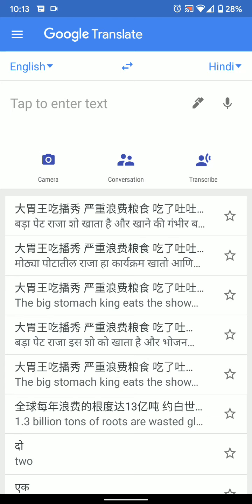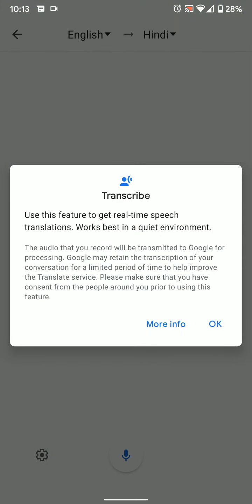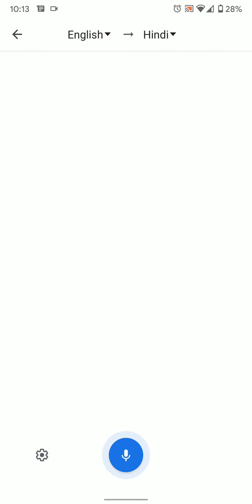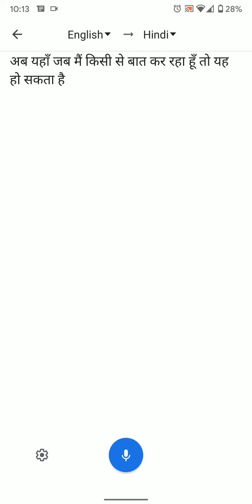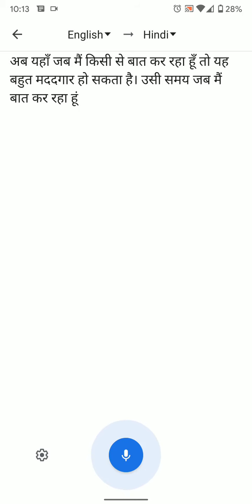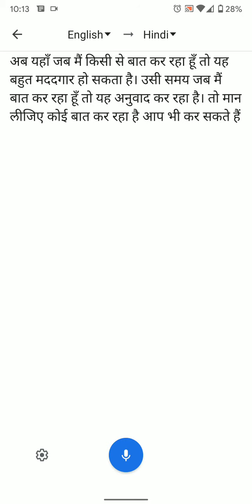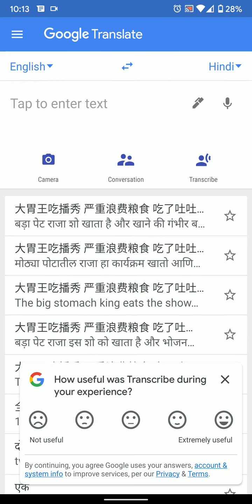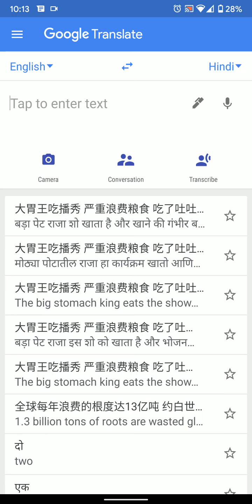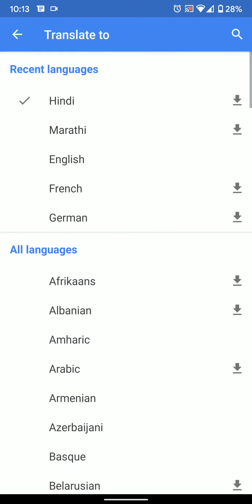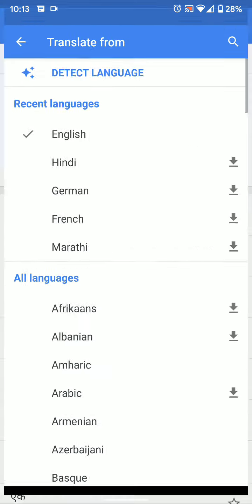Next is transcribe. Now you can see these languages can be switched between, and you can click on this language option to change into a different language.